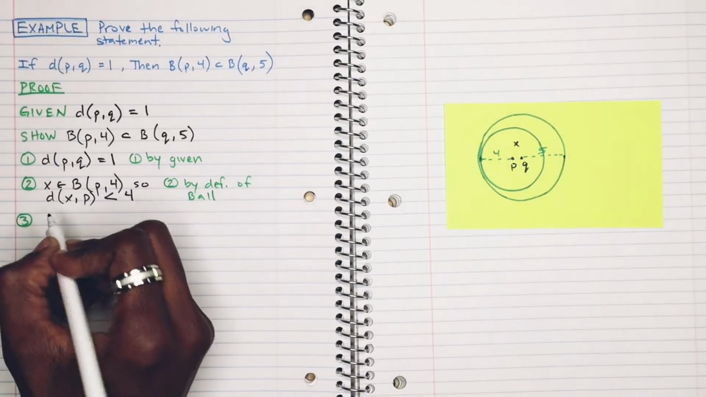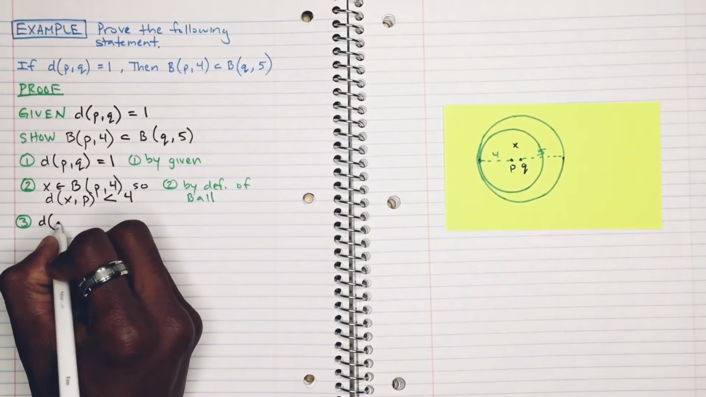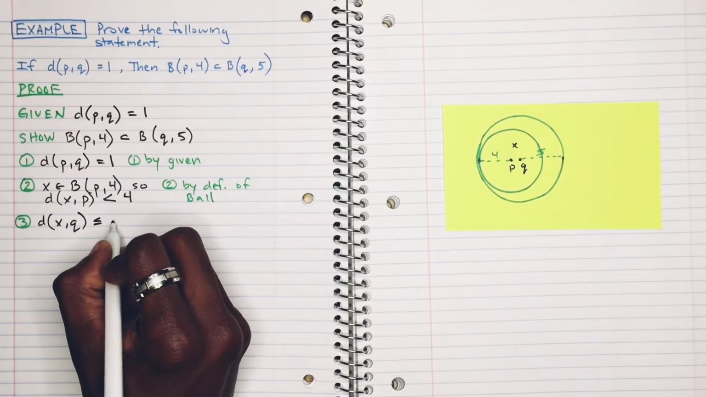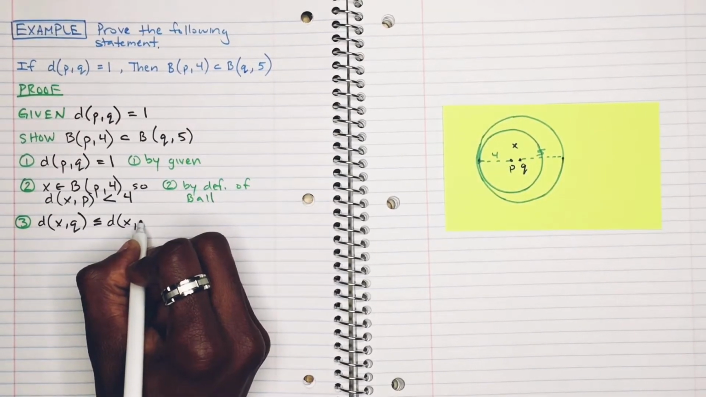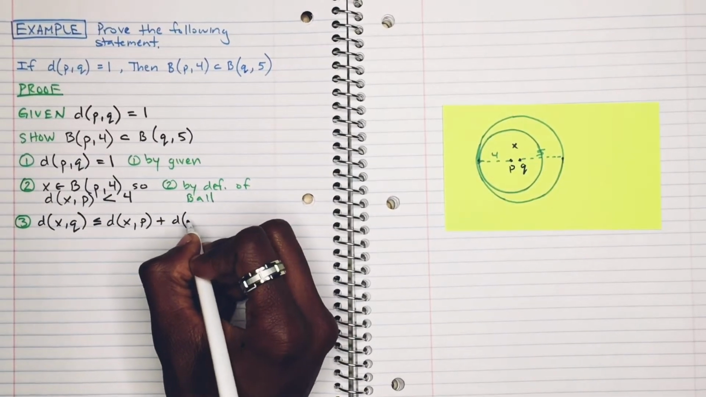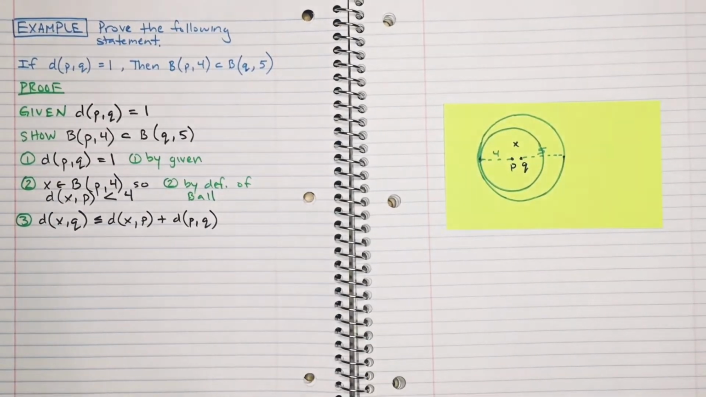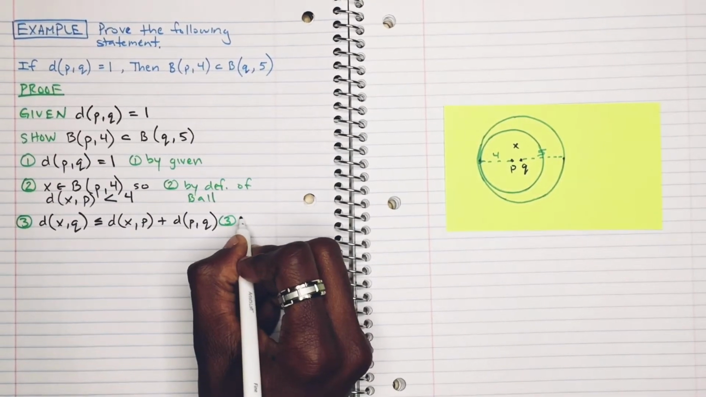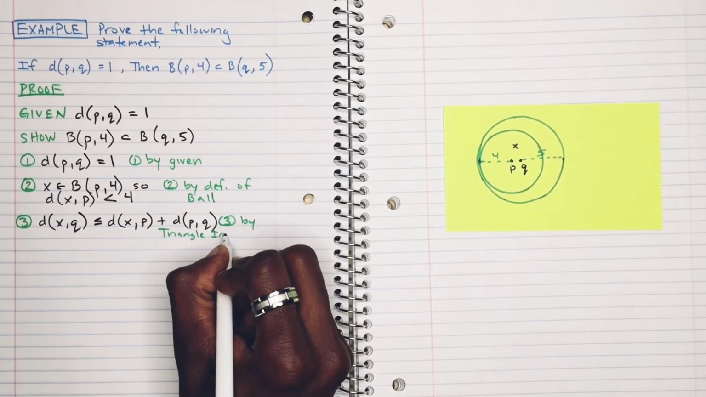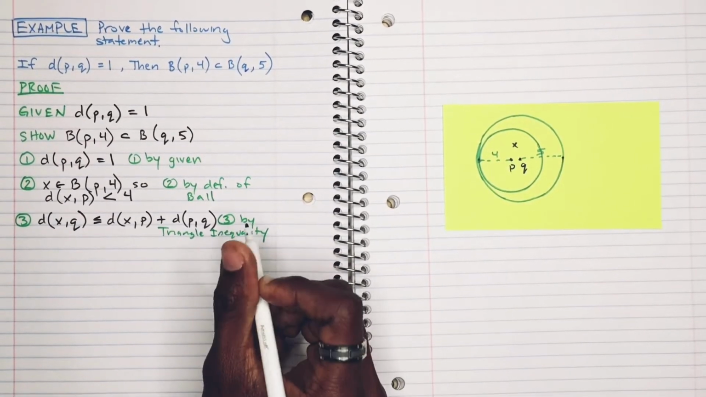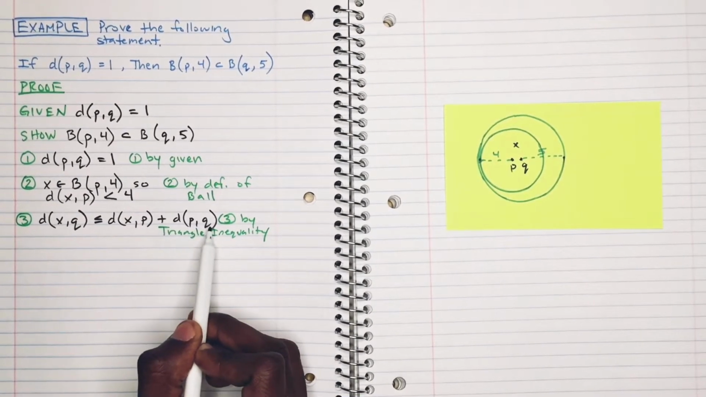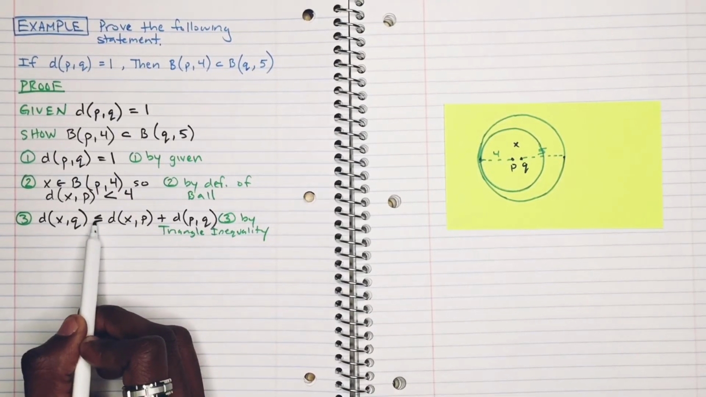Step 3. Here's our formula. The distance from X to Q, those are points, is less than or equal to the distance from point X to point P plus the distance from point P to point Q. And this is by triangle inequality. So imagine that these are all sides of a triangle. All right. If you add these 2 sides of the triangle, they must be collectively greater than or equal to